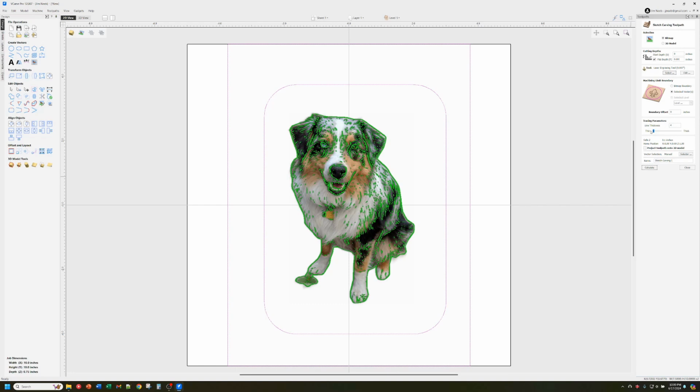So now we have the green, which is essentially all your sketch stuff, and I've also got the plant in here, so this dog's going to look like it's got a little bit of a deformed foot, but that's okay. This is just a demonstration. So we're going to calculate that toolpath,